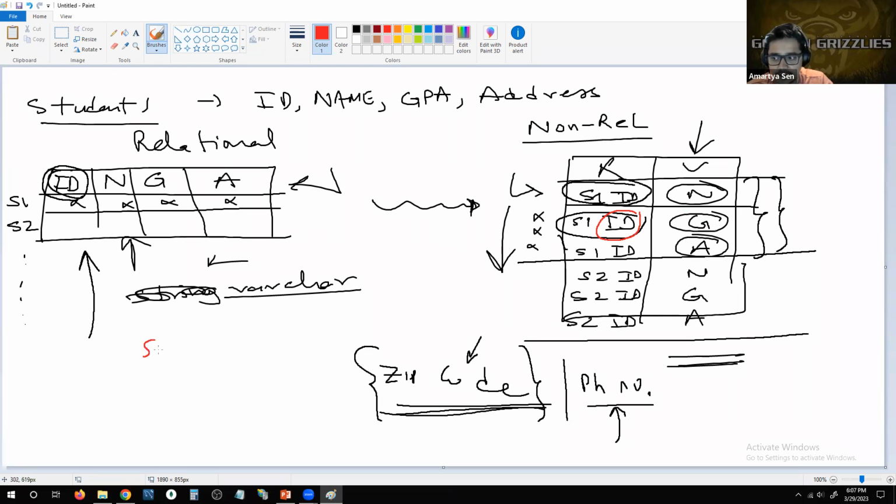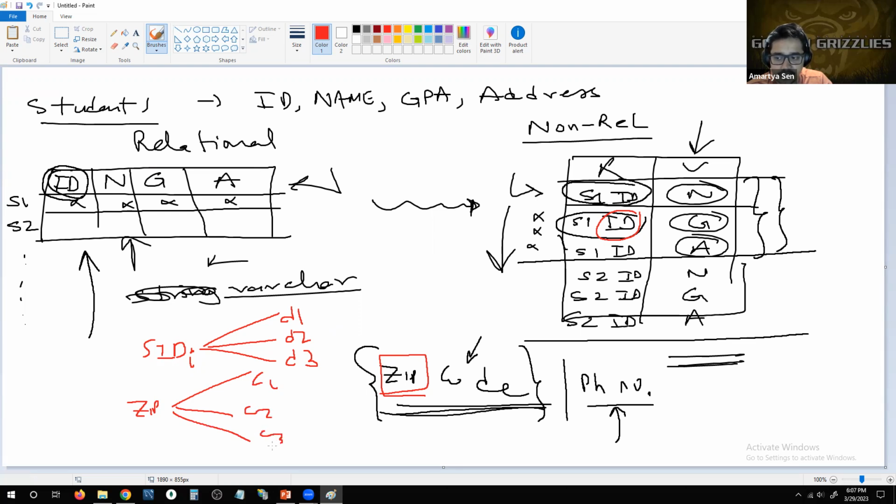So if you have a situation like this, where you have created this particular student ID, and this student ID I will have, let's say, mapping to three different data items, D1, D2, and D3, but all of these different data items are essentially attributes of student ID I, okay, item I, then that is kind of okay, because you're just getting back the information for a single data entry, right? However, if you have a situation like this one, as we were talking about, like a zip code, the zip code itself will return you multiple customers. So it will return you C1, C2, C3,